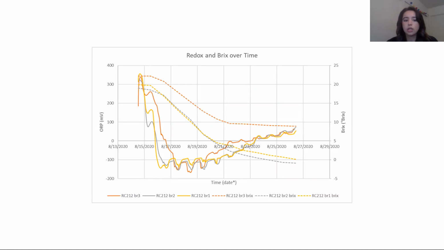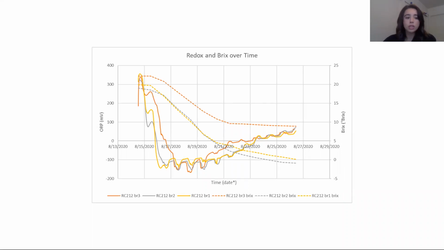And then this next overlay shows a run that did not go to completion. So if you focus in on the first 24 hours, we see that the Brix data doesn't change very much, but there is great variability in the redox data between runs, the ones that completed and the one that didn't. So we can also see that the redox level begins to rise at almost 12 Brix, which is much sooner than those that complete. So in this one that stuck, we see this late drop in redox and then an early rise. And that could indicate problems.